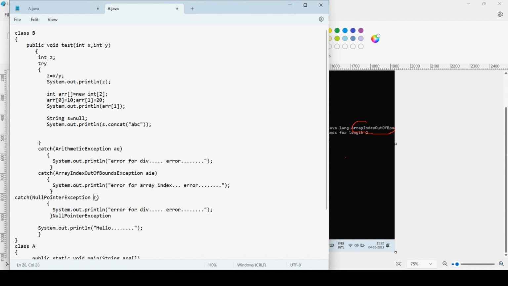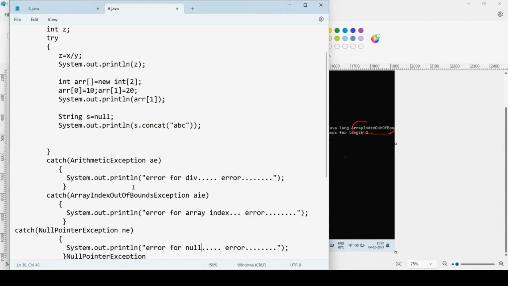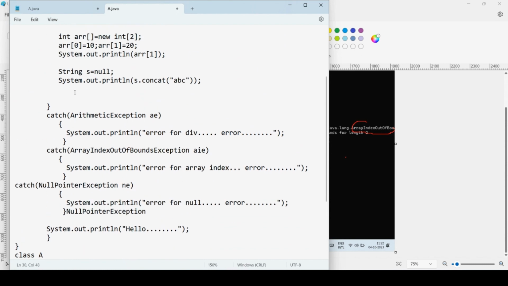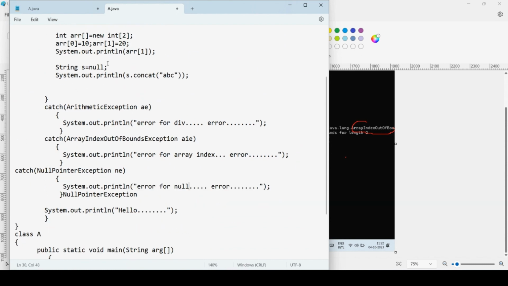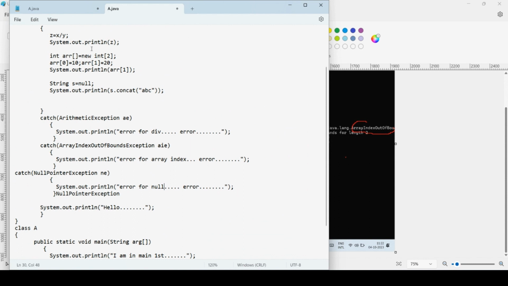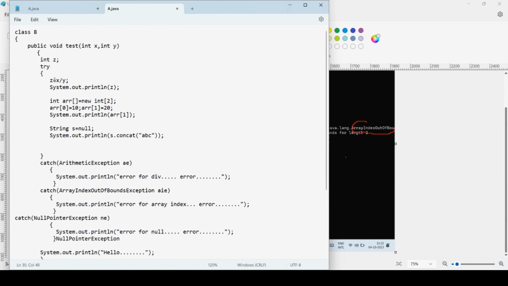So null exception, any error for null. Okay, look here very carefully. These things are very important. So the first problem was for this, caught by